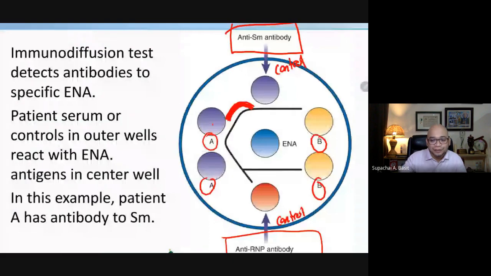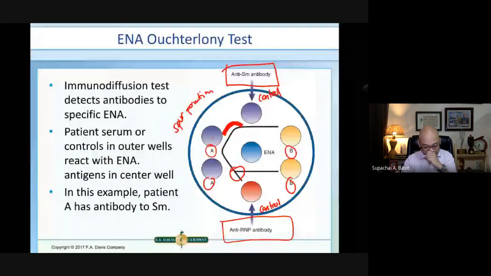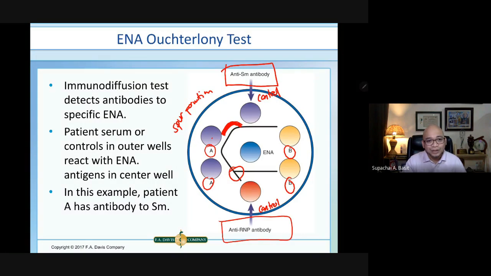So therefore we can see that both react with anti-SM, but it's not totally the semi-arc formation. This particular formation is known as the spur formation. And since it is a spur formation, it is called anti-RNP antibody. So in this example, the patient has antibody to SM, but partial identity with anti-RNP antibodies. So ENA, therefore, can be useful